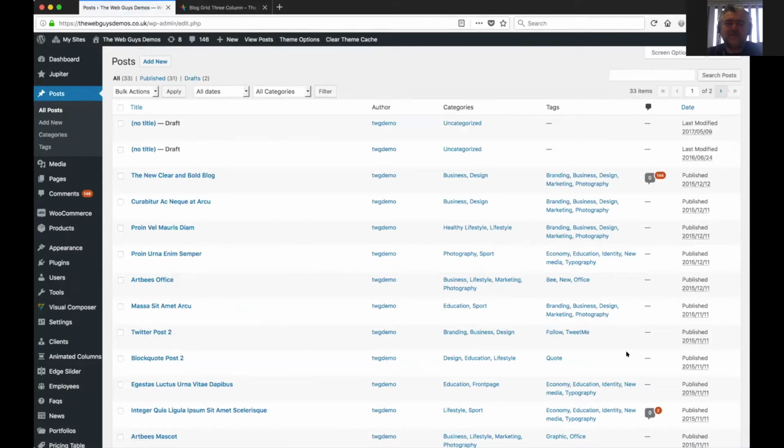And here you can see it looks much the same as pages or other sections. You've got a list of blog posts. In this case, you can see some other things, categories and tags, which I'll explain in a moment. But other than that, it works in a very similar way. Let's just pick one of these, click edit,